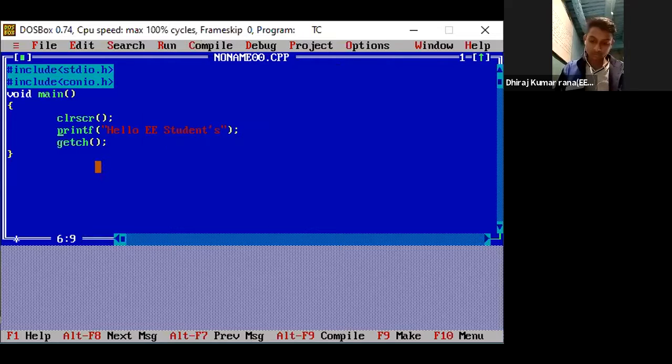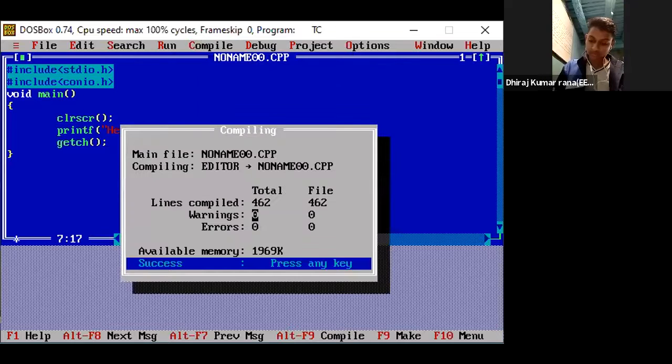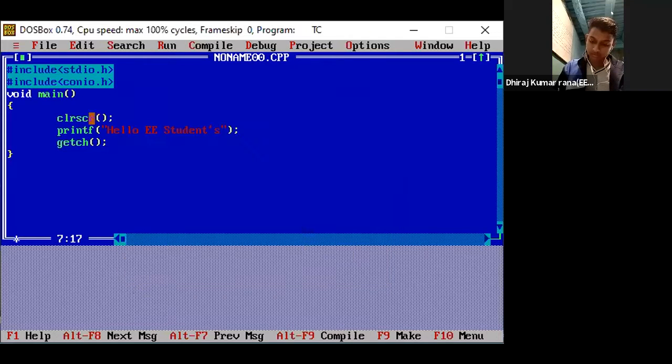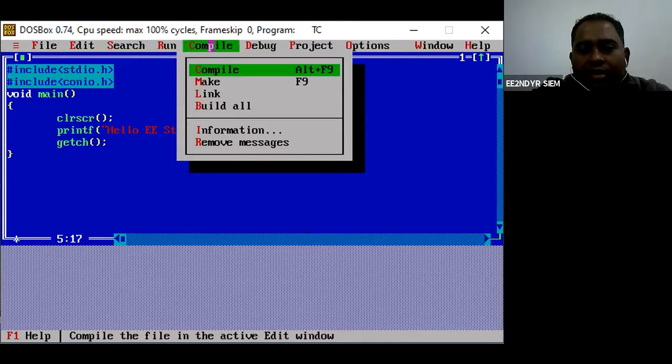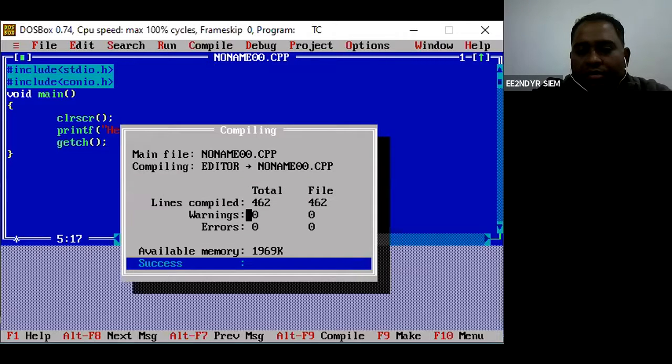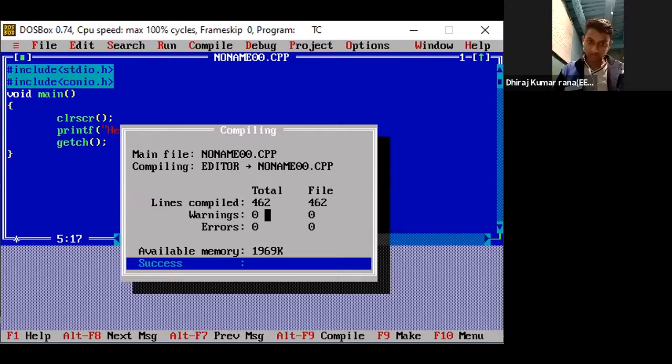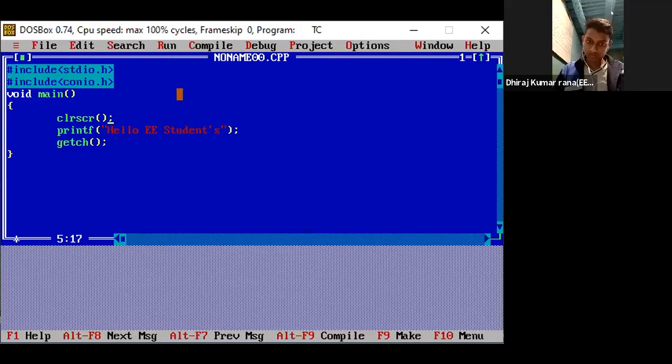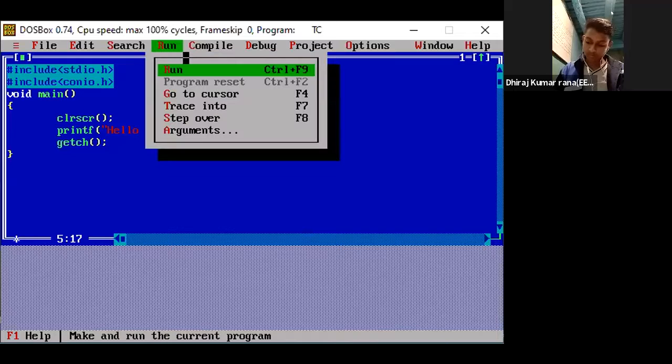Previously I had added this getch and then compiled it, and the total lines of code was 462. After I included this clrscr, the line count is still 462. That means it takes the code and compiles it. Now again I'll run.